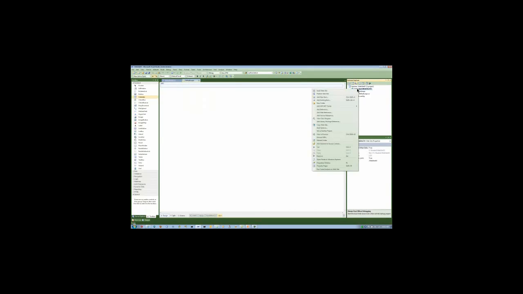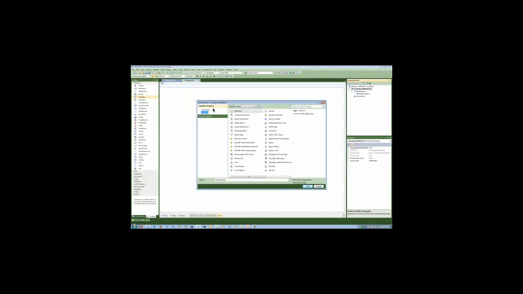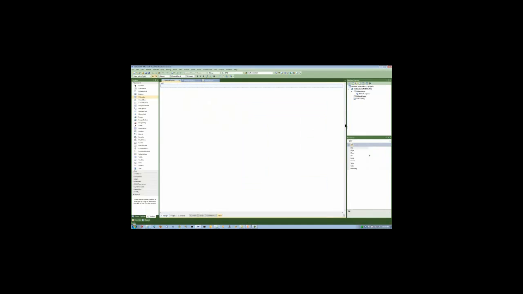I can still go ahead and right-click, add another item, and choose VB. And maybe this time, I don't want to have a code behind file. I'll just uncheck that box and click Add. Now, this one has double duty difference here, because it doesn't have a code behind file, and it is using VB. So, for example, if I drag and drop a button onto the form, and then I go